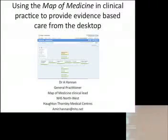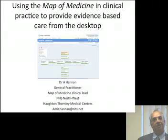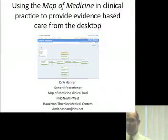Now I would like to invite Dr. Hannan to tell us about the map of medicine and how it helps the doctors dealing with the cases of dementia. Dr. Hannan. Right, just before I start,